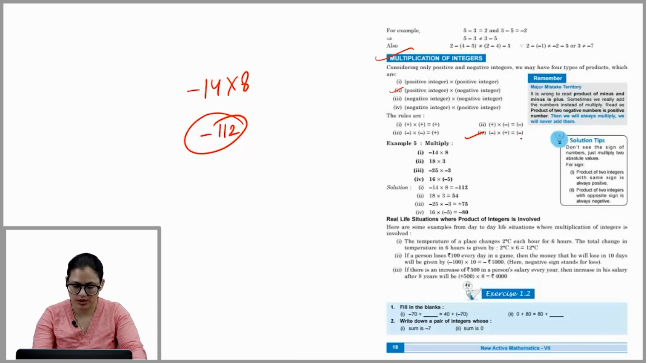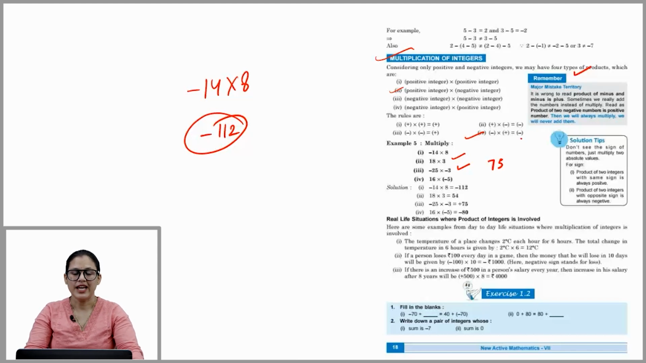Okay. In part 2, 18 into 3, both are positive integers, so answer will be positive integer. Okay. And number 3, minus 25 into minus 3 is 75. Okay. Here again, both the signs are equal. So, whenever there are equal signs, the product will always be positive. Okay. Remember,